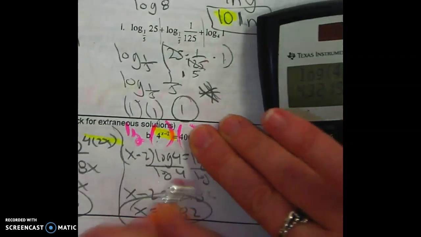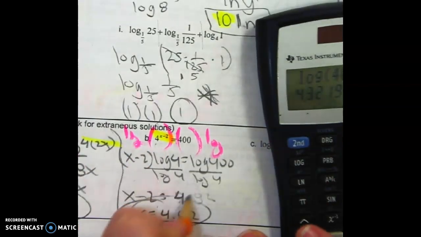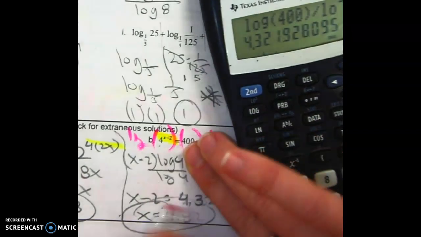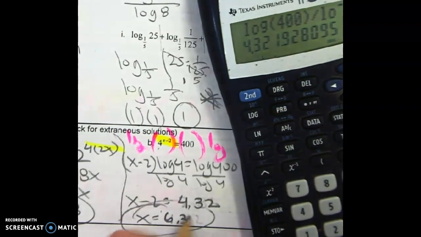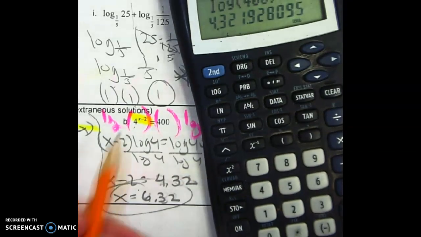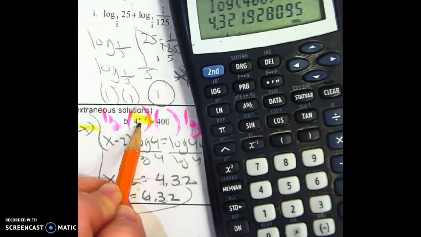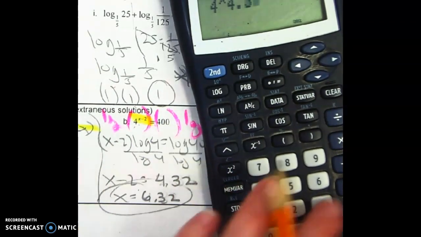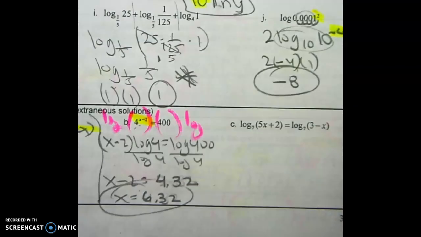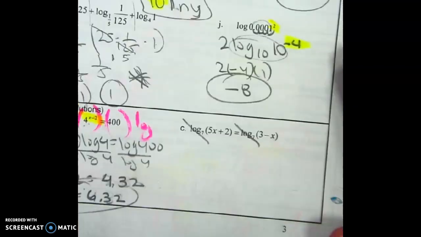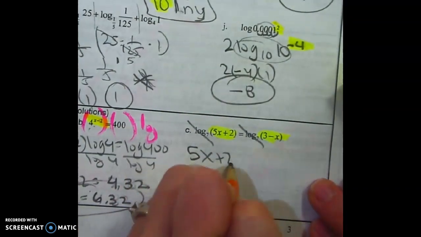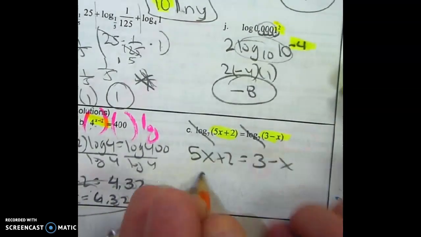Ooh, so I did that wrong. So that's 4.32. I don't know what I did. You probably noticed. And when I add 2, I get 6.32. I'm more confident in the previous problem than I am here, so I better check it now. So 6.32 minus 2 is 4.32. I should get close to 400, and I get 398. I'm good to go. If they have the same base, I do like I did in number 1, set that equal to each other. Move the x over, move the